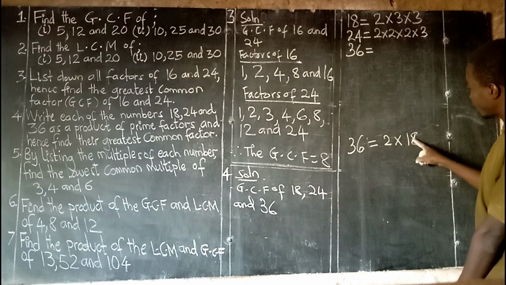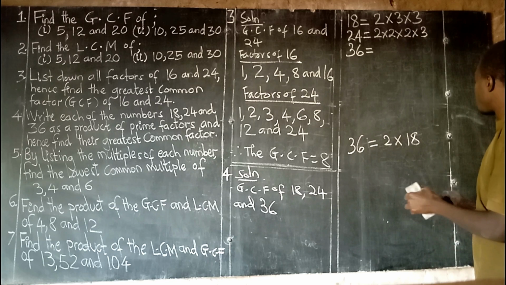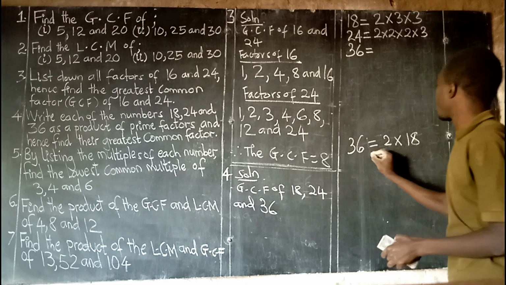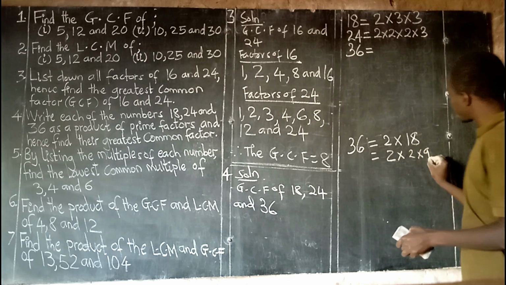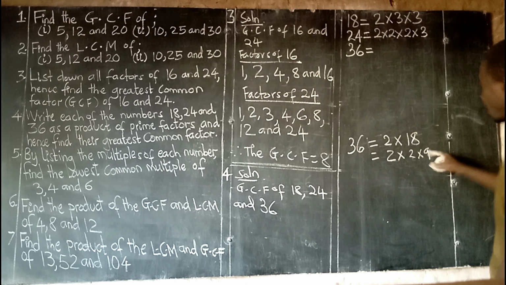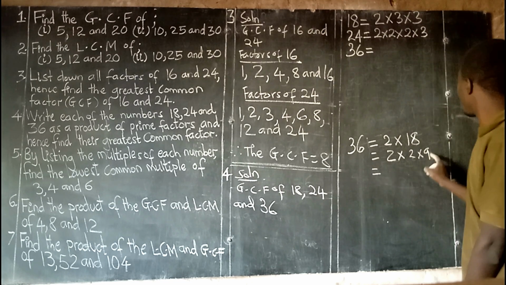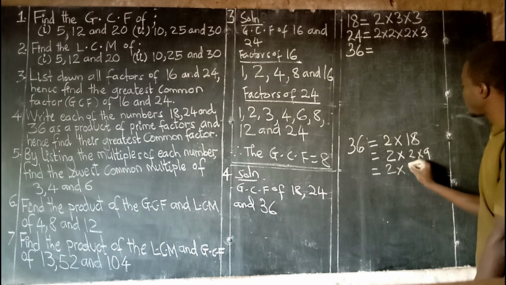Now, let us break 18 into its smallest prime numbers which, when multiplied, give 18. We are going to have 2 times 9. As you can see, 2 times 9 is equal to 18. But again, 9 is not a prime number, so we divide it further to get prime numbers. It will be equal to 2 times 2